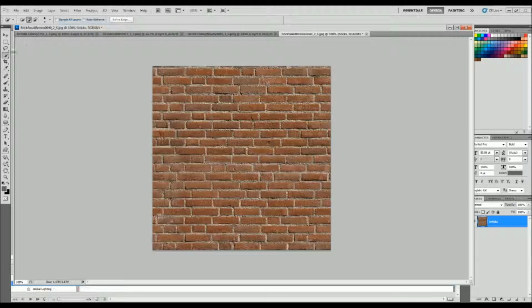Now the cool thing about the selection tools is, if you select certain areas, say for example, I'll just select a few of these bricks here. I'm not really fussed about what exactly it's selecting, so I'll just say, yeah, this selection here, just do this one, and this one. If I make any changes or any edits, it won't do it for the entire thing, but only for those